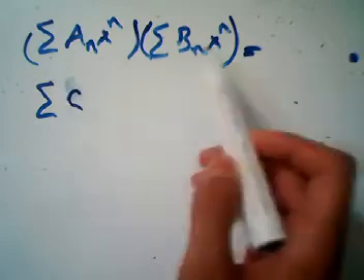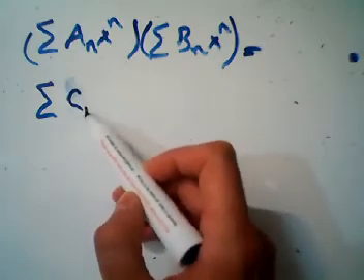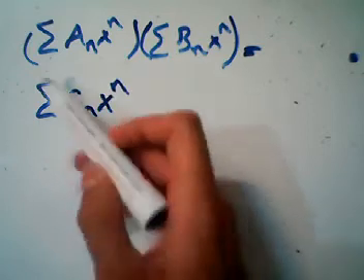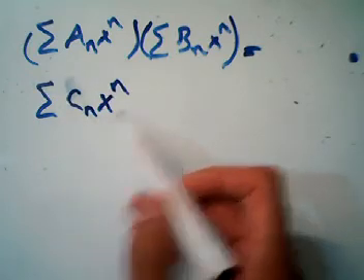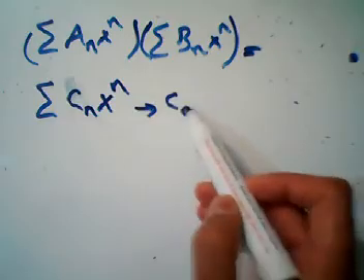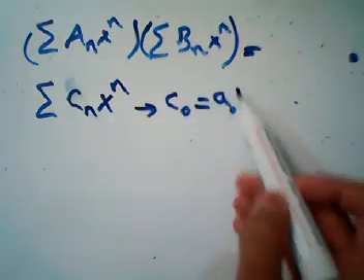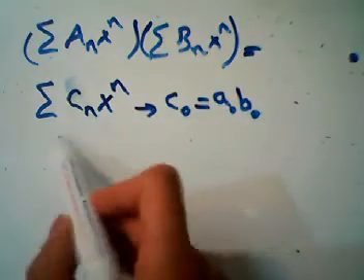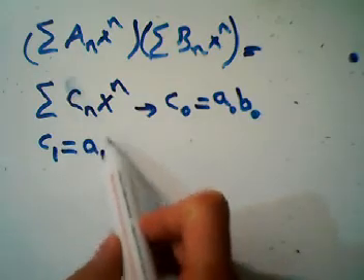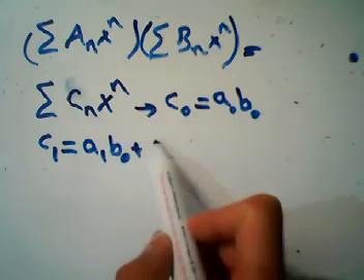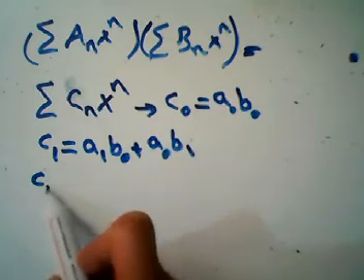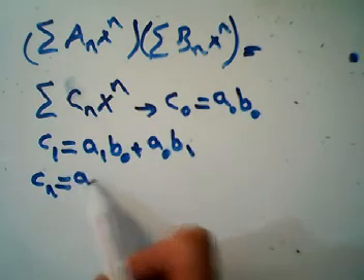This would be equal to another polynomial from 0 to infinity, in which C0 equals A0 B0, C1 equals A1 B0 plus A0 B1, and generally Cn equals